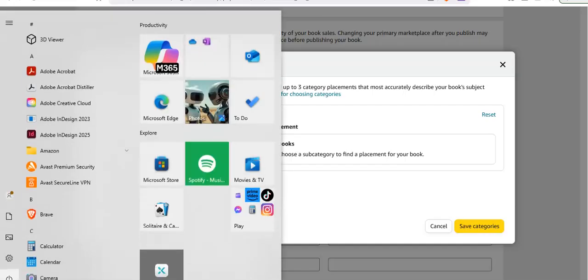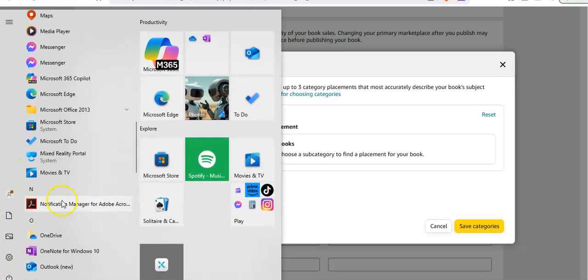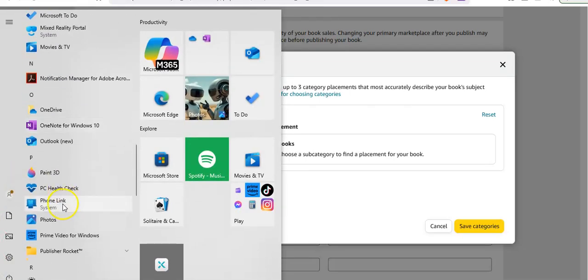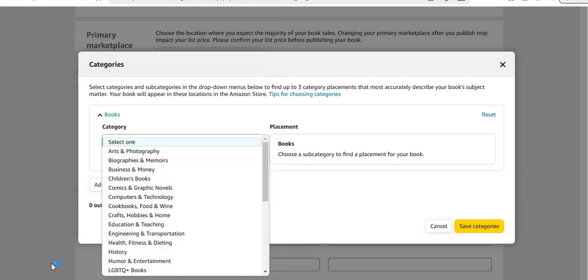But now I'm going to come over here. I'm going to open up Publisher Rocket. You can get a lot of valuable information from this. Let that load up.